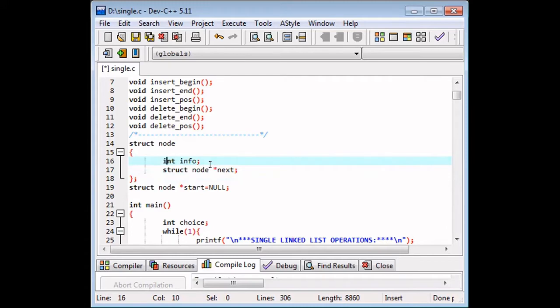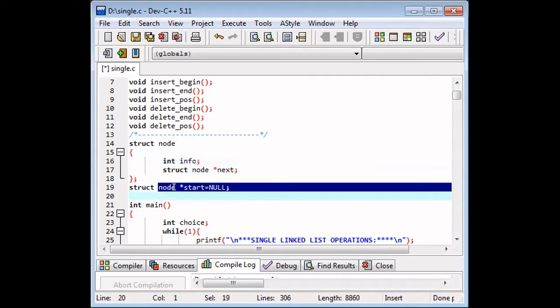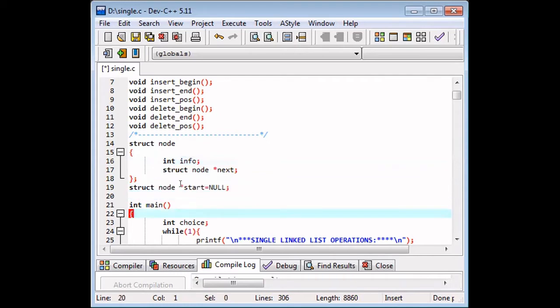What is the purpose of pointer variable? It will store the address of another variable. So node should have 2 parts. One is info part and another is the next part. So the name of the structure is also going to be node. And initially your address of start is null. That means the head position you are going to define, initially it is going to be null. That's what they have given. Struct node pointer start equals to null.